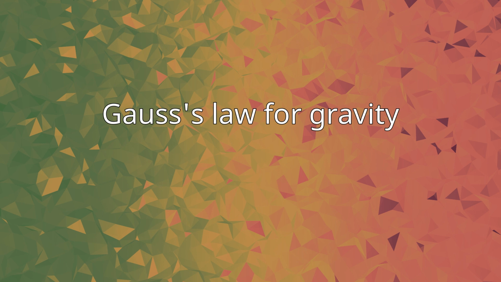The form of Gauss's law for gravity is mathematically similar to Gauss's law for electrostatics, one of Maxwell's equations. Gauss's law for gravity has the same mathematical relation to Newton's law that Gauss's law for electrostatics bears to Coulomb's law. This is because both Newton's law and Coulomb's law describe inverse-square interaction in a three-dimensional space.